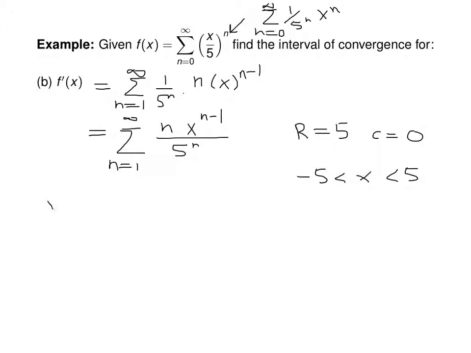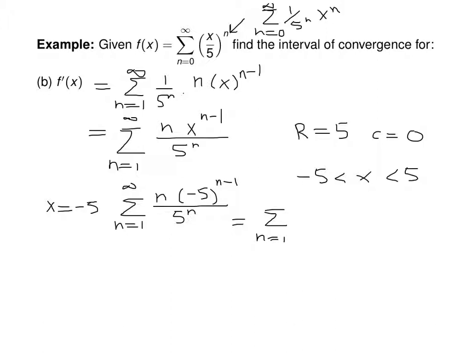So if we plug in x equals negative 5, we get the sum from n equals 1 to infinity, n times negative 5 to the n minus 1 over 5 to the n, and that's the same thing as the sum from n equals 1 to infinity, well, negative 1 to the n,